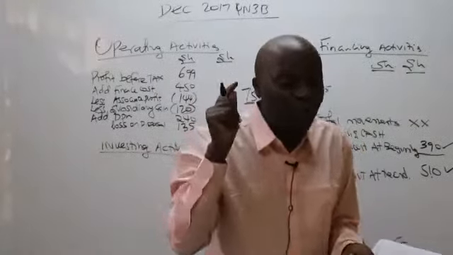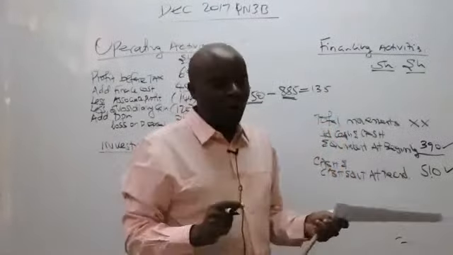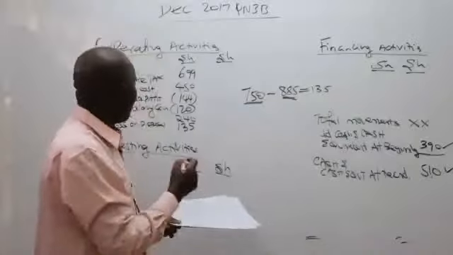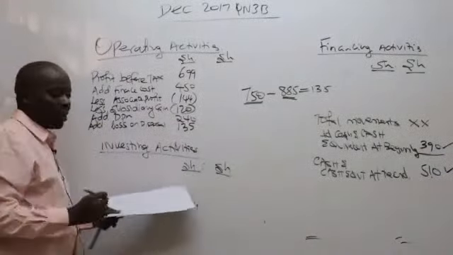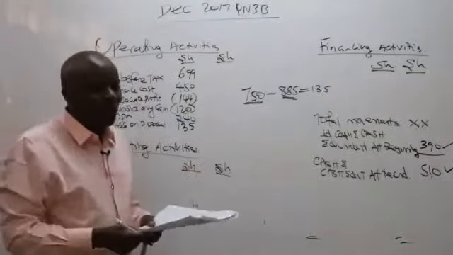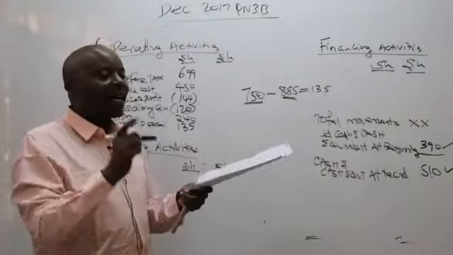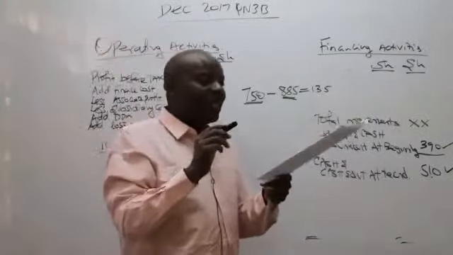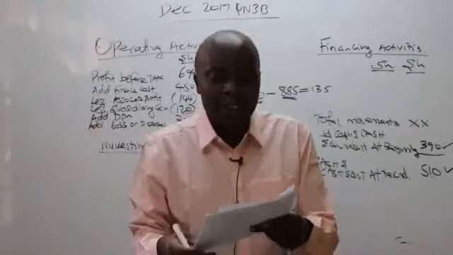So how do we make good now? We add. So add the loss on disposal. Aya, kitu ingine unafaa kujua, hizi vitu ukizitumia, kama unafanya group cash flow statement, whenever you